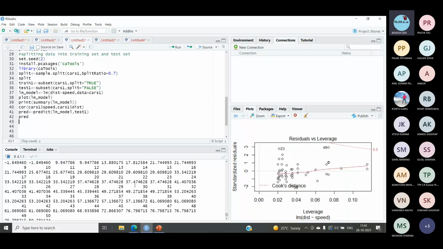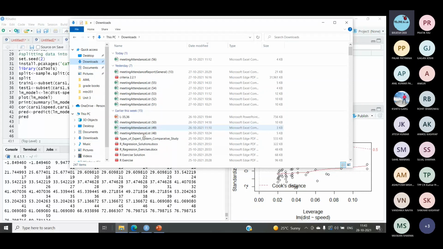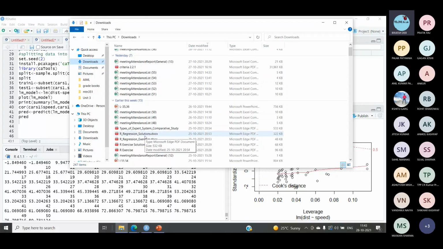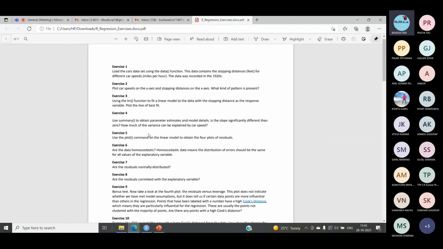So let's do a few more examples. Let me open some practice exercises for that. Just give me 1 second. Let's do some practice exercises also. These practice exercises are coming in your practice week quizzes also. So these exercises are from that part only, not from anything new. We will do some practice exercises also during the lab session. So let's do them one by one.